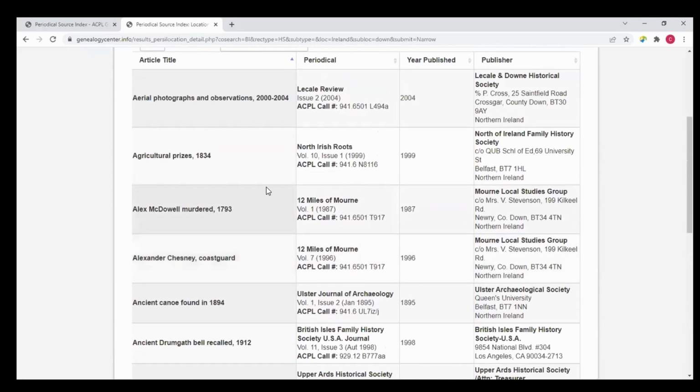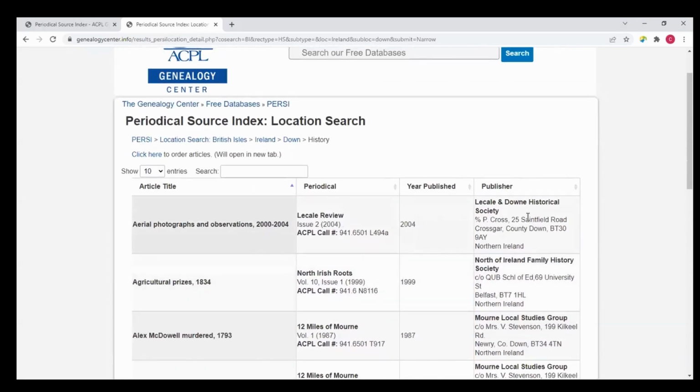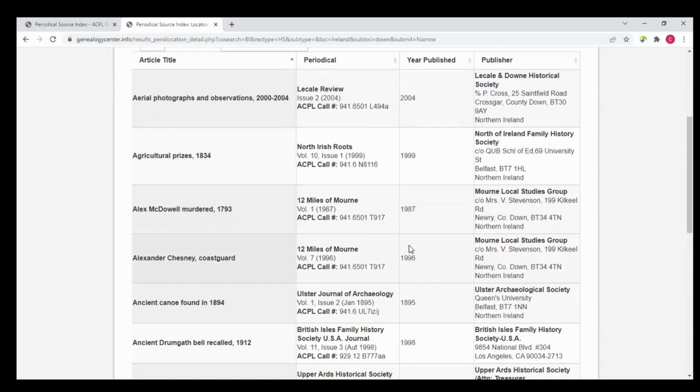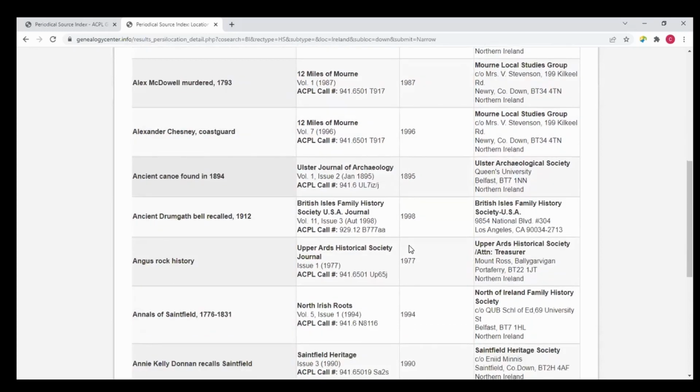I should make mention that you'll notice that down isn't necessarily in anything you can see. So it may be in the metadata, or there may be something about County Down in the article. Also remember that as you're doing these narrowing searches, you could be picking up down in the name of the publisher. So it's bringing all of this under that search narrowing process. So it's title, periodical, and publisher. But still, I think we could call that useful, right?